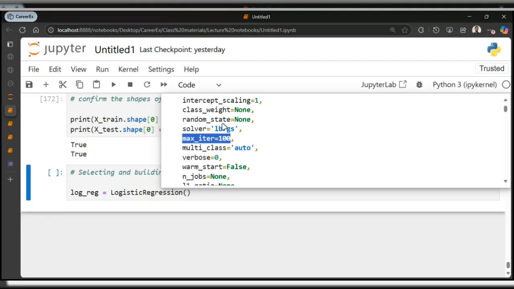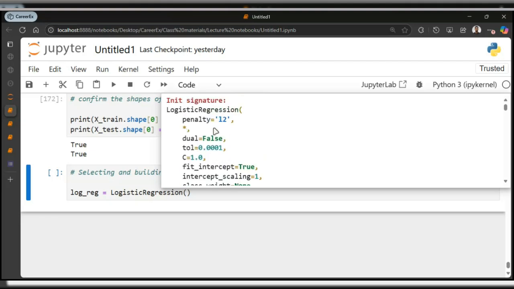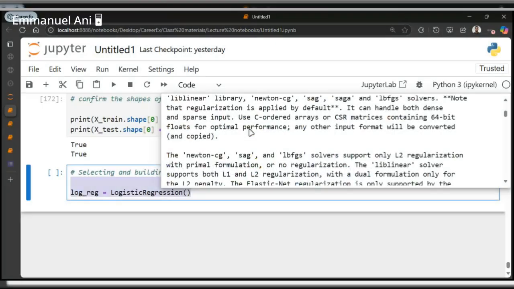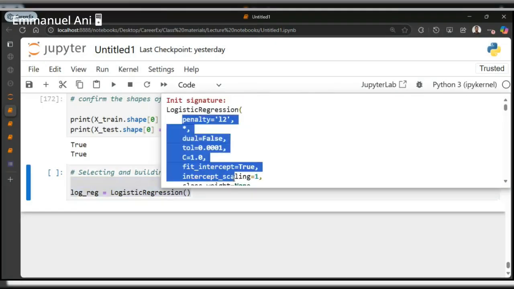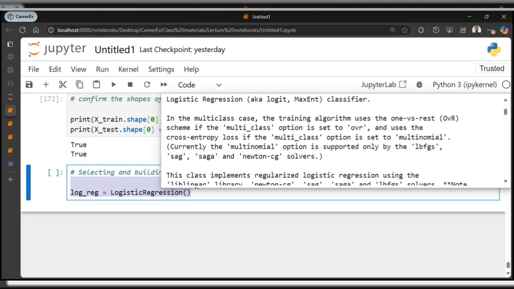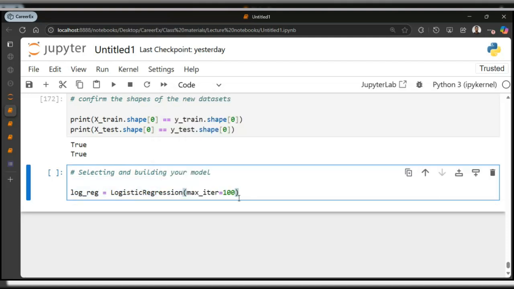You can see we have other hyperparameters. All these things that we have here are called hyperparameters. Normally they are called parameters, but in machine learning, they are called hyperparameters. So take note of that. Parameters in machine learning are those things that are learned during training. Those weights that are learned during training are the parameters. You can equate parameters to knowledge.